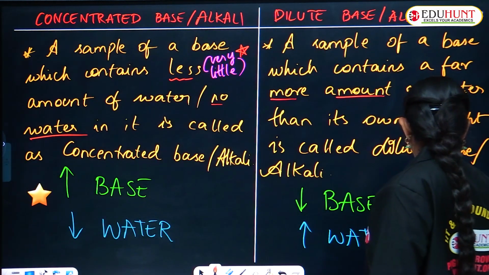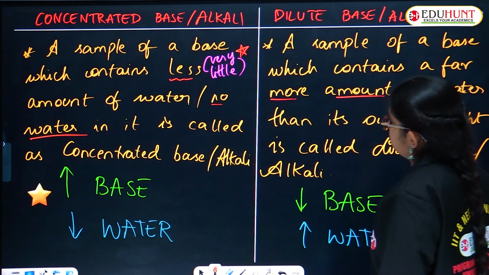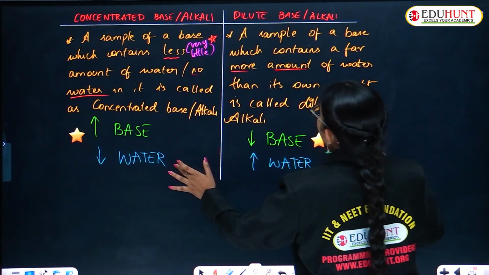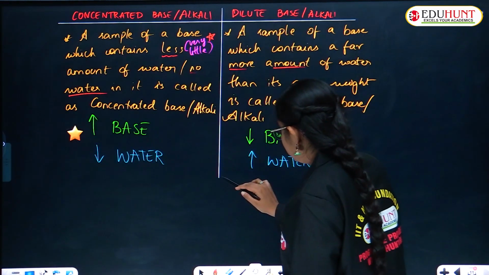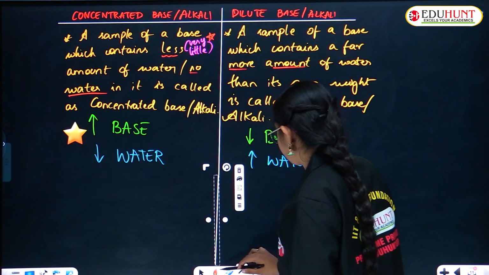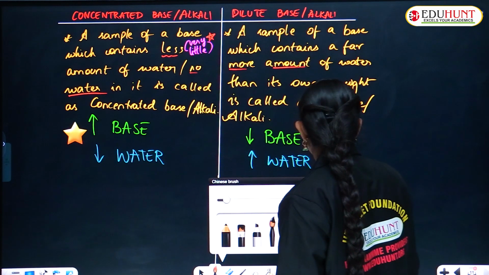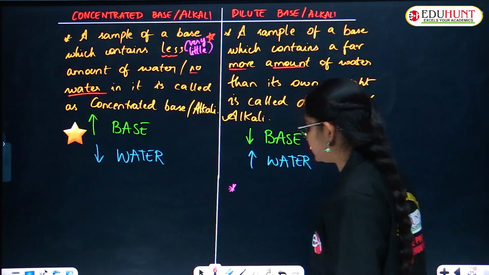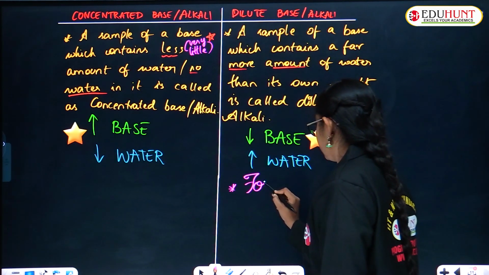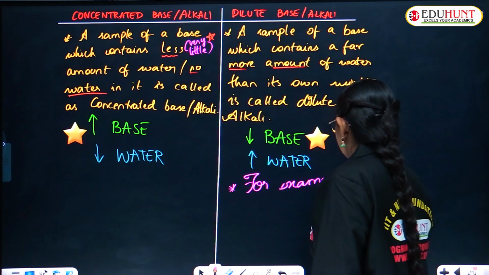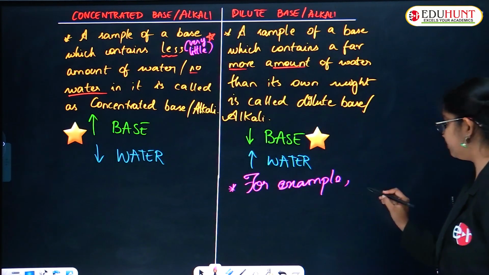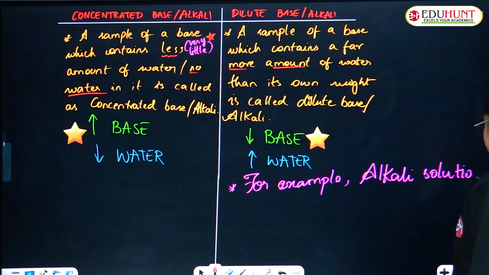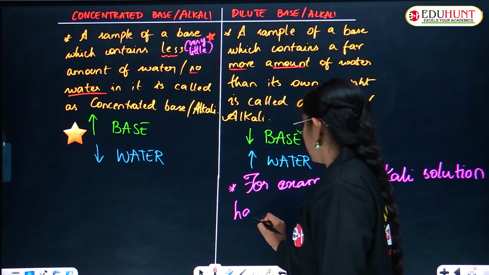In the next page I'll do it. For the dilute base, or else let me write here only. Okay, yeah. For the dilute base, one more point I'll note here. Okay, for dilute base, I'll give an example of how to do it. Okay, for example, there is an alkali solution having concentration